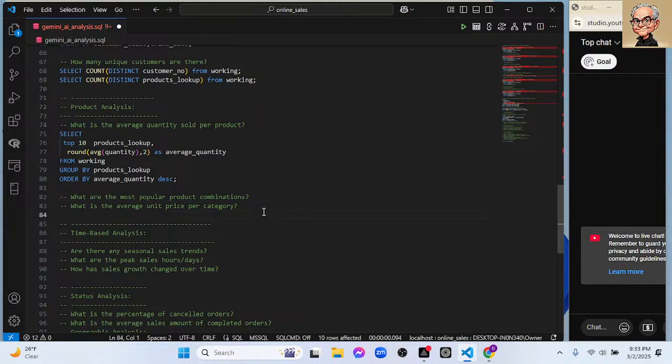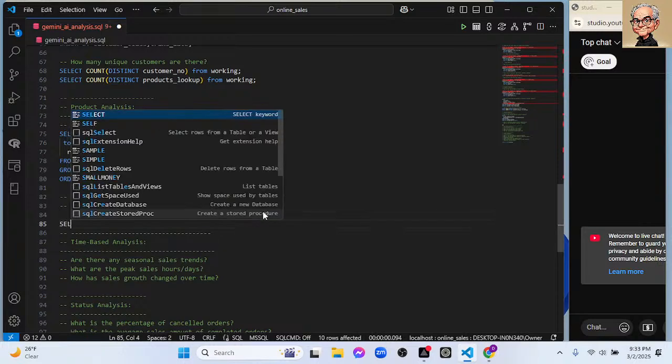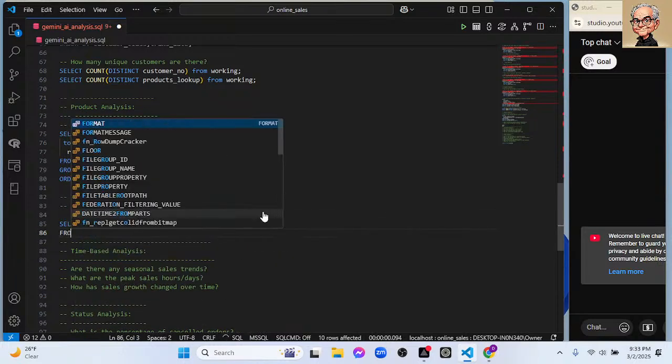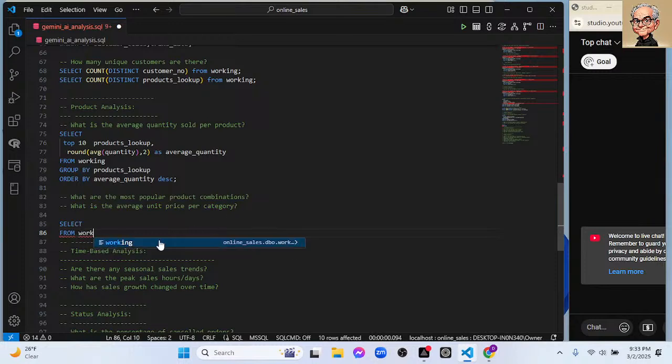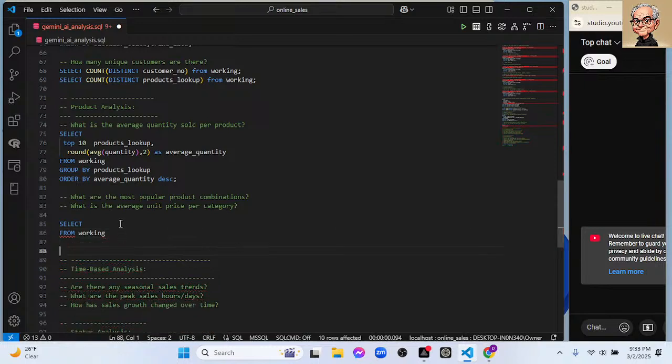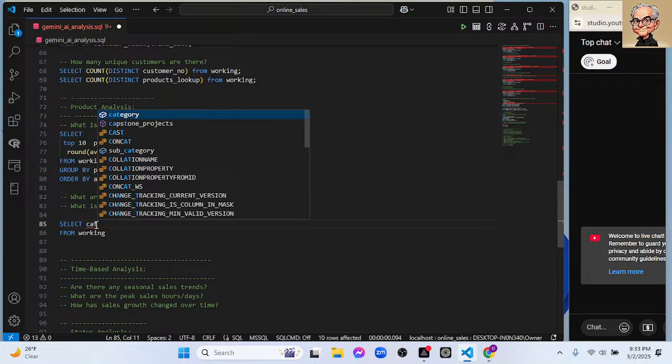I'm not sure what product combinations mean. Select from working. Average unit price per category. Okay. Category,